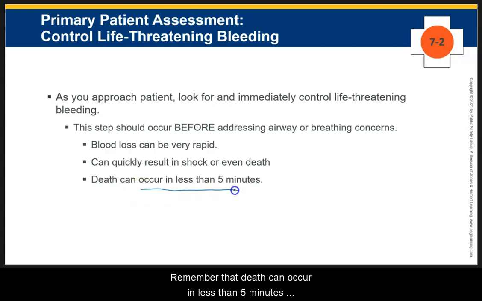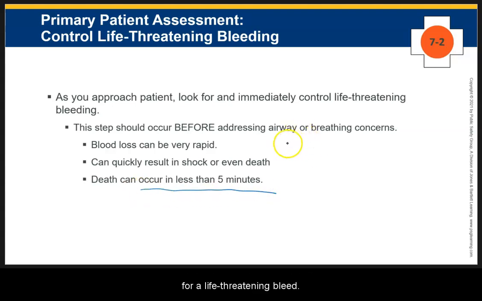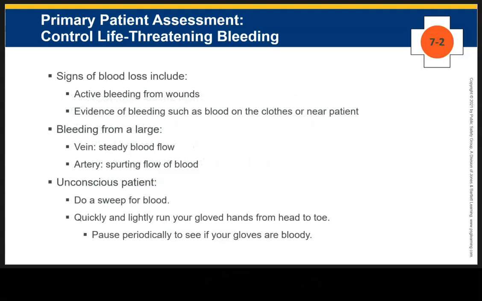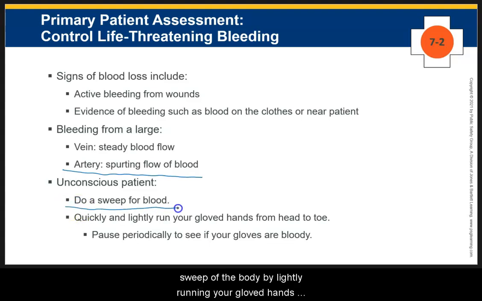Remember that death can occur in less than 5 minutes for a life-threatening bleed. If we have bleeding from a large artery, we're going to notice the pumping of the heart and a spurting flow of blood. Venous blood flow tends to be steadier. Now, if the patient is unresponsive, do a rapid sweep of the body by lightly running your gloved hands from head to toe, body substance isolation, but then pause periodically, see if there's blood on your gloves,